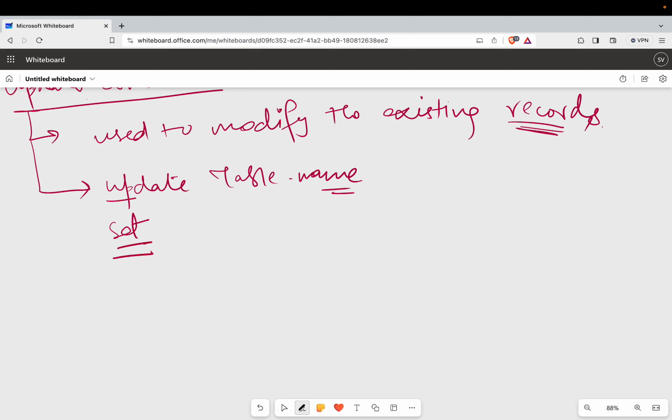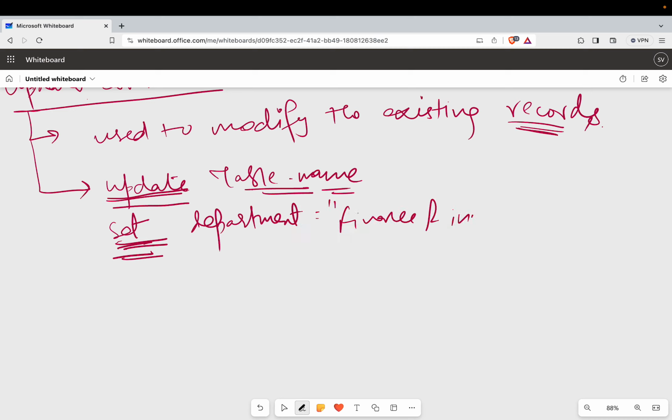See, the syntax is very important. Update table name, then set. Set means the column that I am going to change. So what am I going to change? Set department equal to finance and investment,